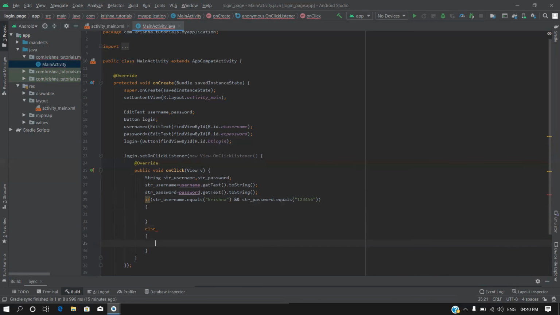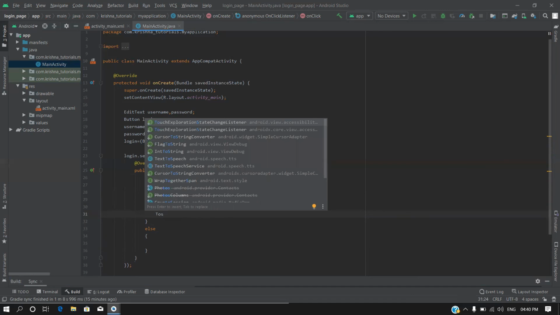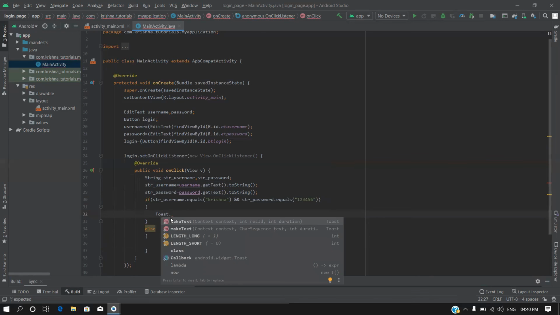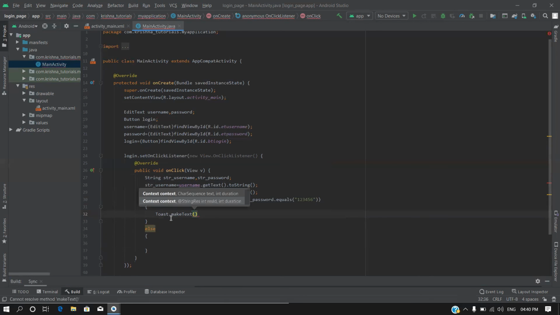then I'm going to generate a toast dot make text.